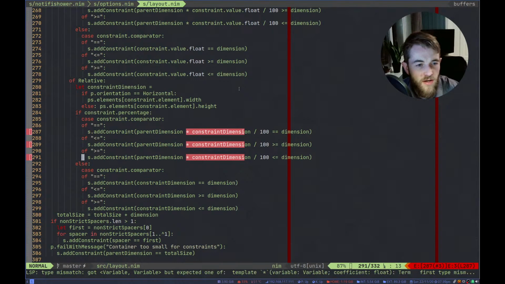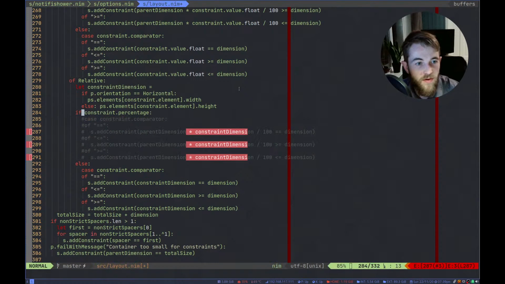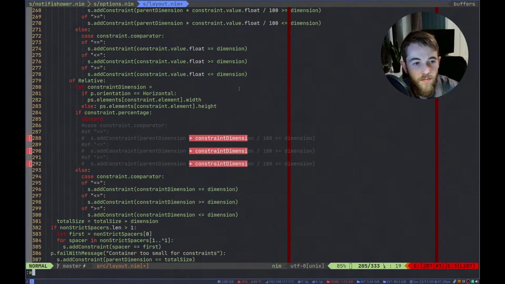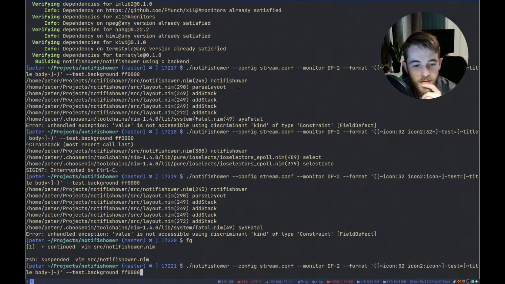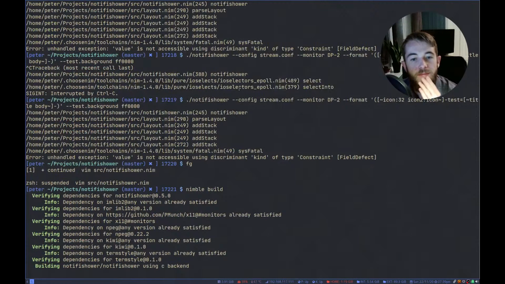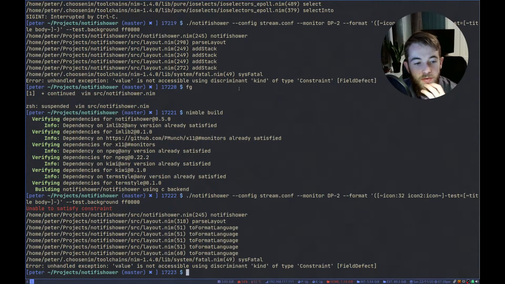Let's just try and see if this works before we go any further. Just keeping in mind that those percentages don't work yet. So let's rebuild. And run this. Ooh, unable to satisfy constraint. Value is not accessible.